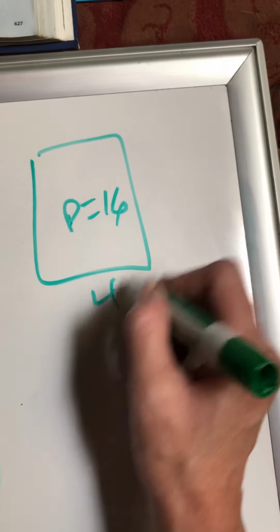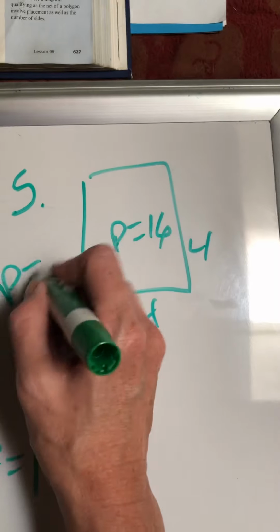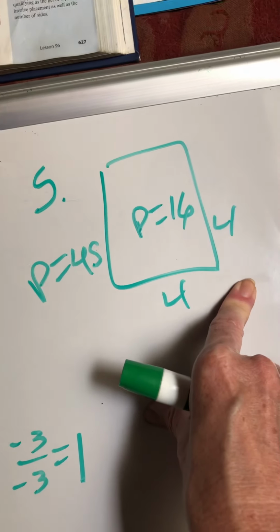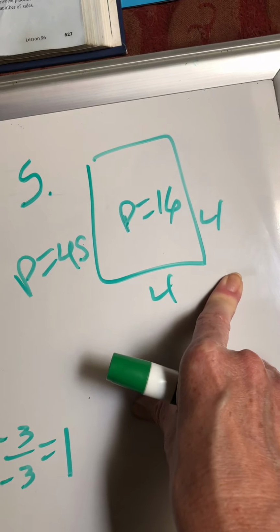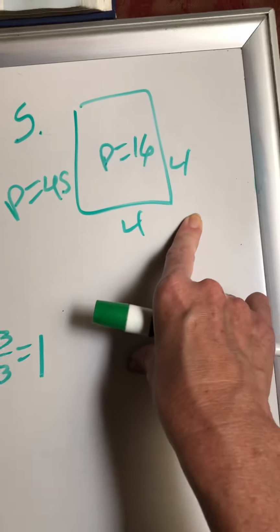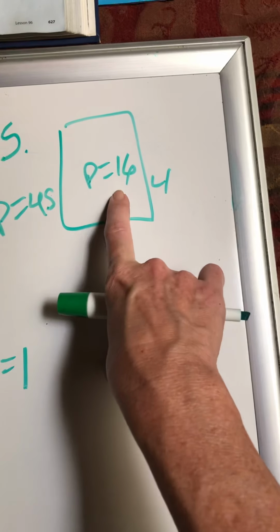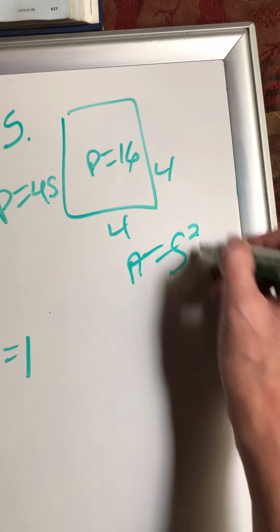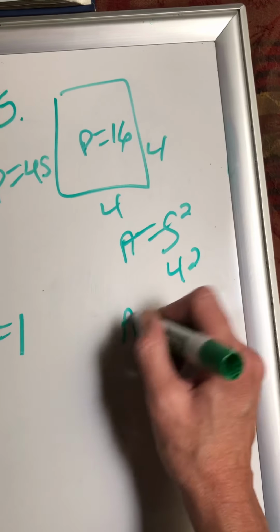16. That means each side is 4, because remember, perimeter of the square is 4s. So each side is 4. The area is doubled. What's the new side length? Okay, so if my perimeter is 16, my area is actually 16 because my area is side squared. So my area is 16